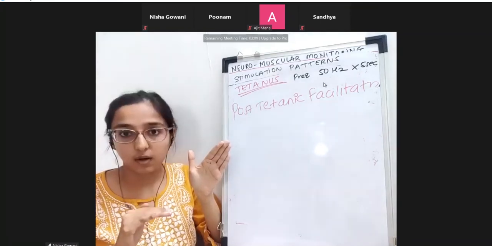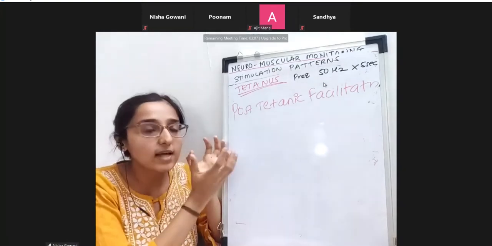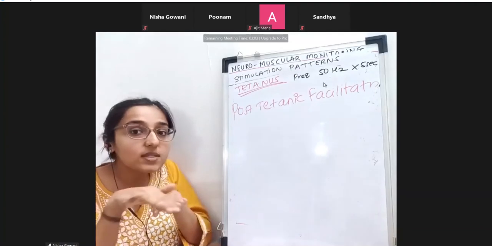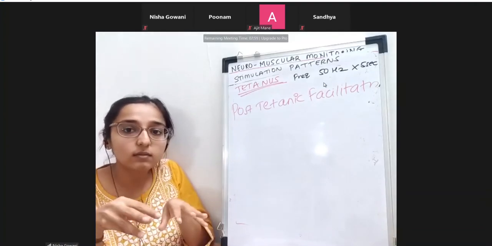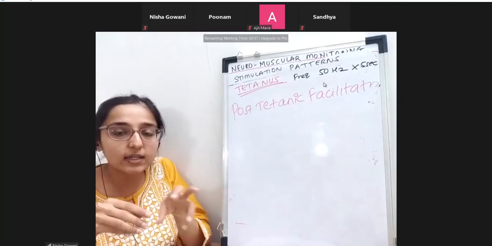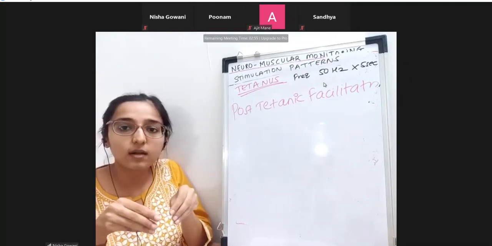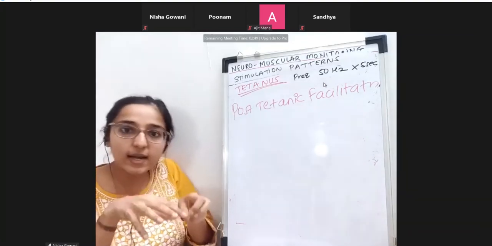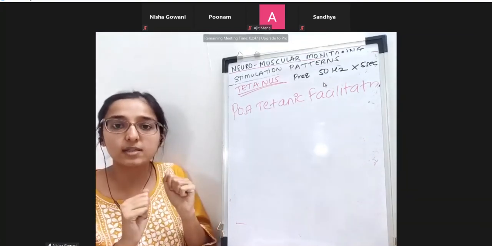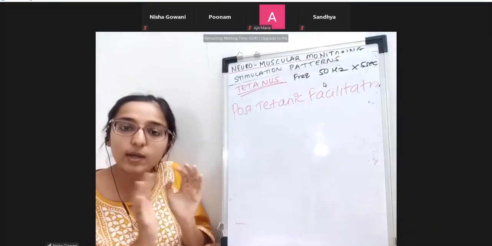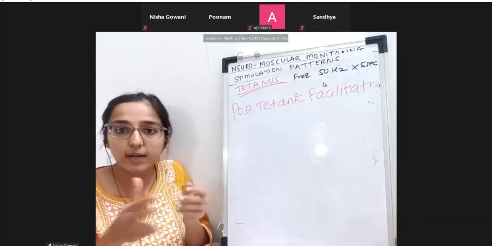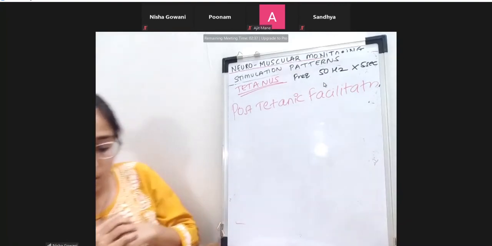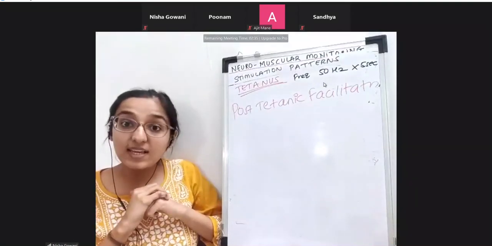Understood. So what is happening? Because so much acetylcholine is collected in that junction, it temporarily overcomes the blockers. It will temporarily overcome your atracurium, rocuronium, whatever is there, and it will cause this. Then the relaxant will come and sit on its place again. So this is happening only for 2 minutes. That acetylcholine will get metabolized after that, beyond 2 minutes. So this is for a very deep block.